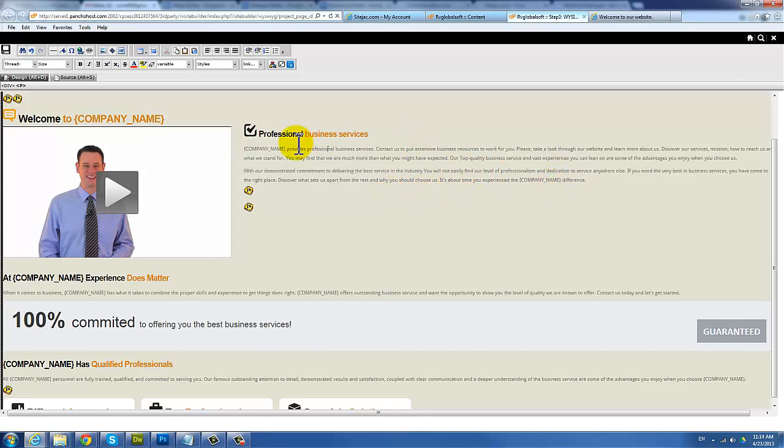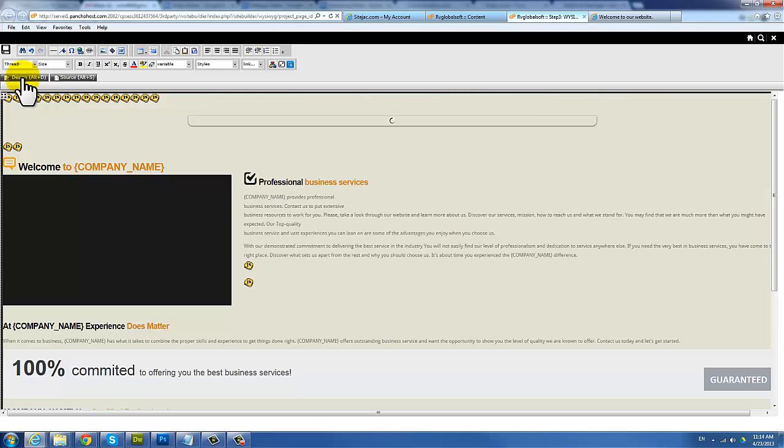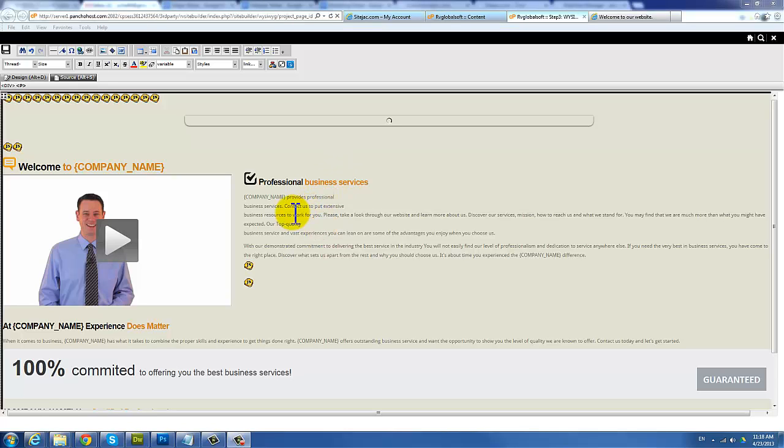If you're an advanced user and want to edit your website using HTML, you can also do so by clicking the source tab to see the source code behind the website, but most users will stick to the design view. If you notice the company name variable here, this is just a simple convenience that helps